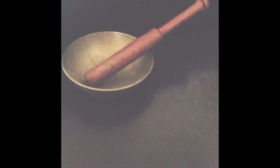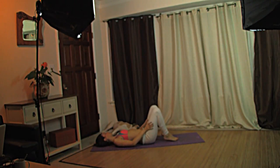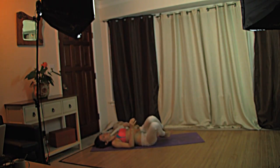And slowly begin to bring yourself back to awareness, back to this room, paying attention to everything around you, the sounds, the sensations, the way the air feels on your skin, the way the floor feels underneath you. Slowly move your toes and fingers and roll onto your side,